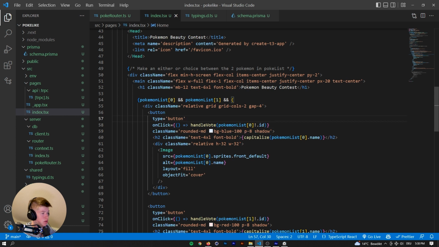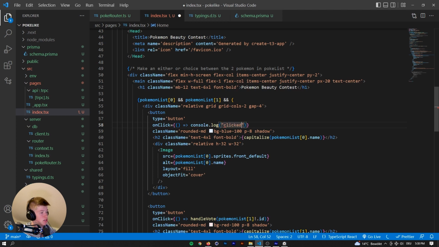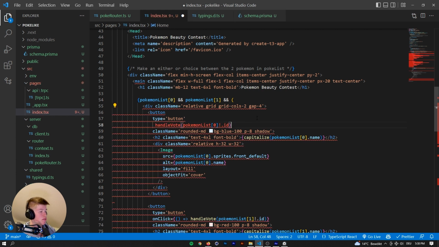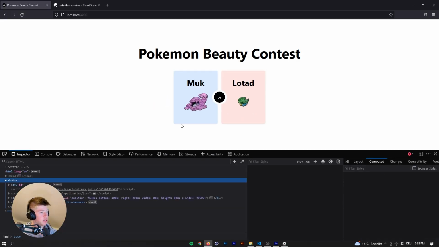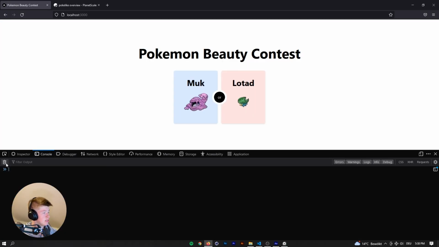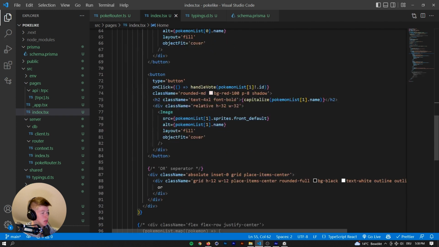So, okay, hold up. Let's just log out clicked. So whenever we click, okay, I probably know why it happened. It is very likely because of the exclamation point. But let's just log out clicked. And now in the browser console, we should see, let's delete that. Which one was it? No, we still don't get the clicked message. Why is that? Oh, okay, hold up. That is because we have,